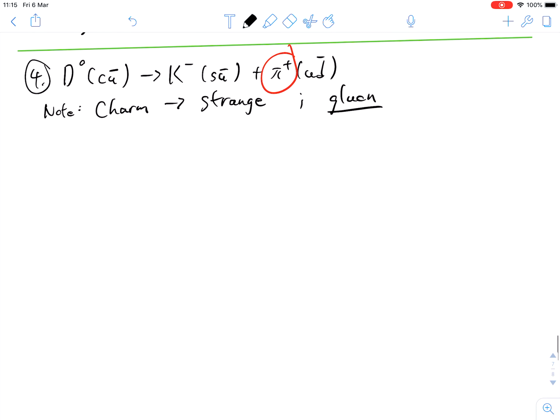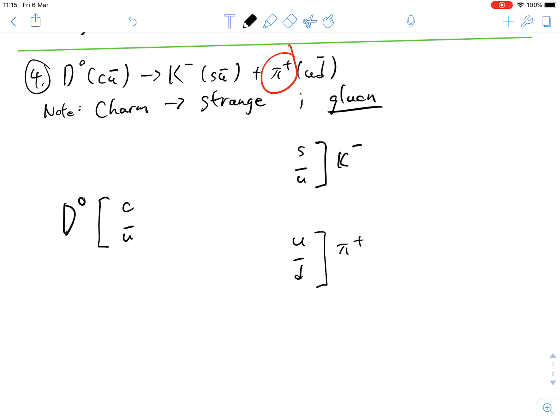Okay. So last one, again, this is really, really complicated, but we're going to go through it just so you get a rough idea of what's going on here. So we have a particle, D neutral, and then it has a charm and an anti-up, and it's going to form two particles. It's going to give us a kaon negative, and we're also going to get a pion positive. So pi up, anti down,